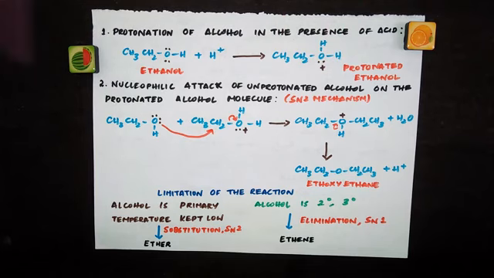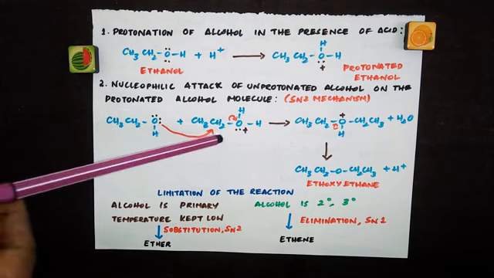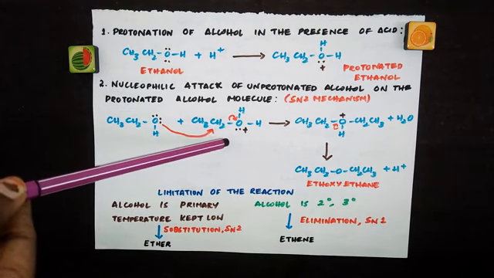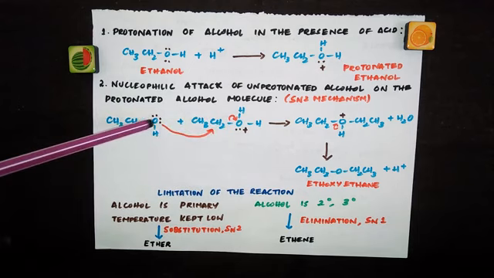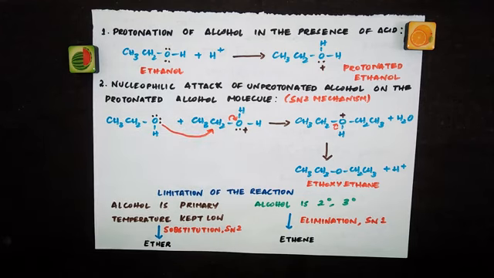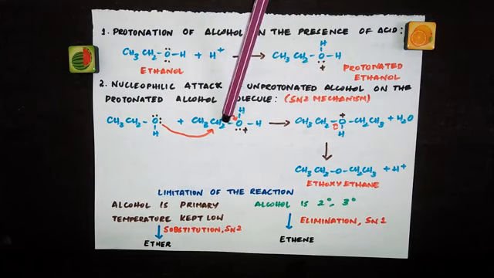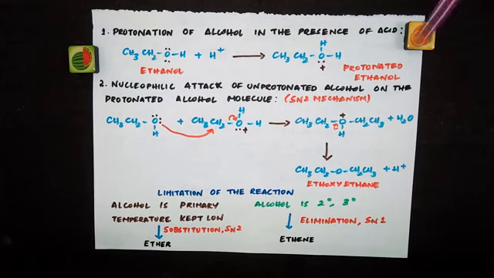Now we have another molecule of alcohol which is unprotonated. So this is going to attack this protonated alcohol. See, this oxygen is pulling these electrons and this oxygen is going in, giving its electron to this carbon. So what will happen? This oxygen will come and get attached here. This H2O will go out. So CH3, CH2 bond this O, OH, CH2, CH3. This part has come out as H2O.